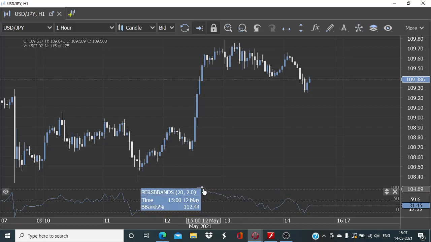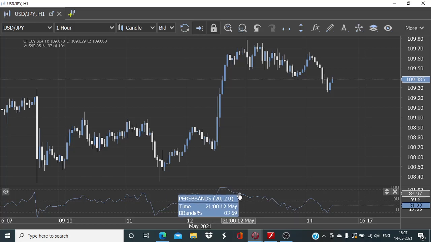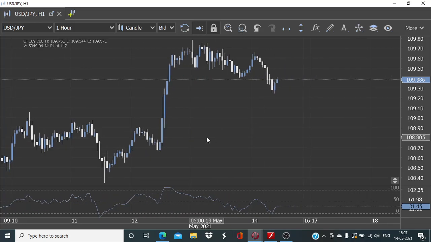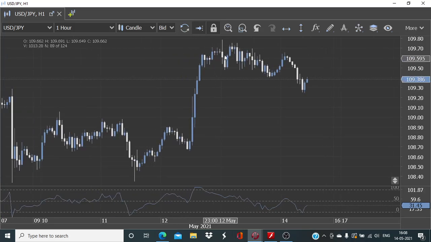And for the sell trade, we will do a similar setup. We want the percent Bollinger Band output value 6 hours back to have been above 100, and now it has gone below the 100 range and it is looking to decline, looking to correct to some extent. And then we will shift our attention to the price action. We will also be using the cluster of 4 candles of the hourly time period to see what kind of volatility is there